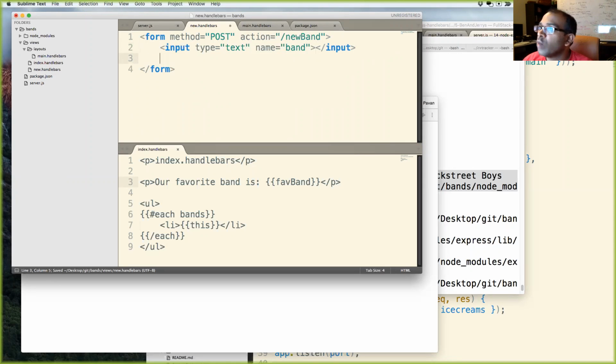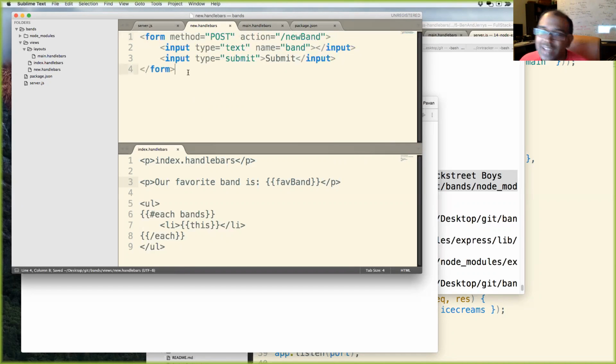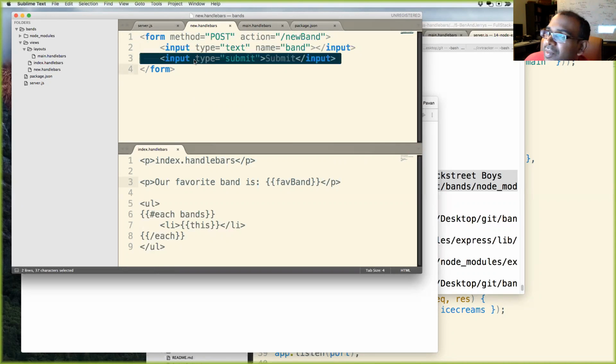And let's make a new one, input type equals submit. I forget how to do this. I usually copy and paste. So I saved it as a submit button. What'd you say? Should it be the button as a submit button, not the input? Yeah, this should make a submit button right here, I think. So I'm going to save this.